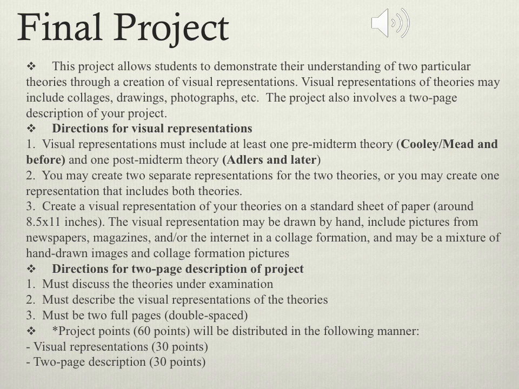Otherwise, my advice would be to choose theories that you found to be more interesting or more engaging. Like anything else, when you're working with ideas that you liked and found interesting, the project will be much more interesting and will probably create a lot more imagination when it comes to creating your visuals, compared to working with theories that you really don't have a connection to.